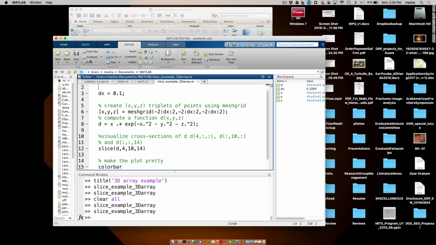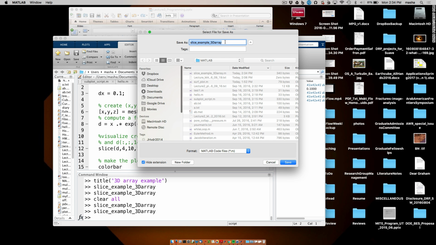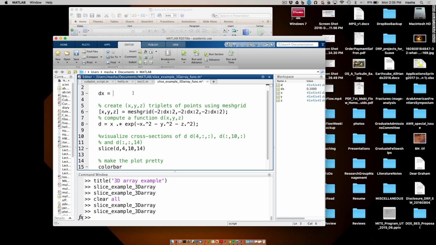Now if I actually want to make it a function, I'm going to say save as. And I'm going to add func at the end. And I'm now going to make this dx an input. So I'm going to say the name of the function is slice example 3D array func of dx. And I need to tell MATLAB this is now a function, otherwise it really doesn't know. So I'm going to say function